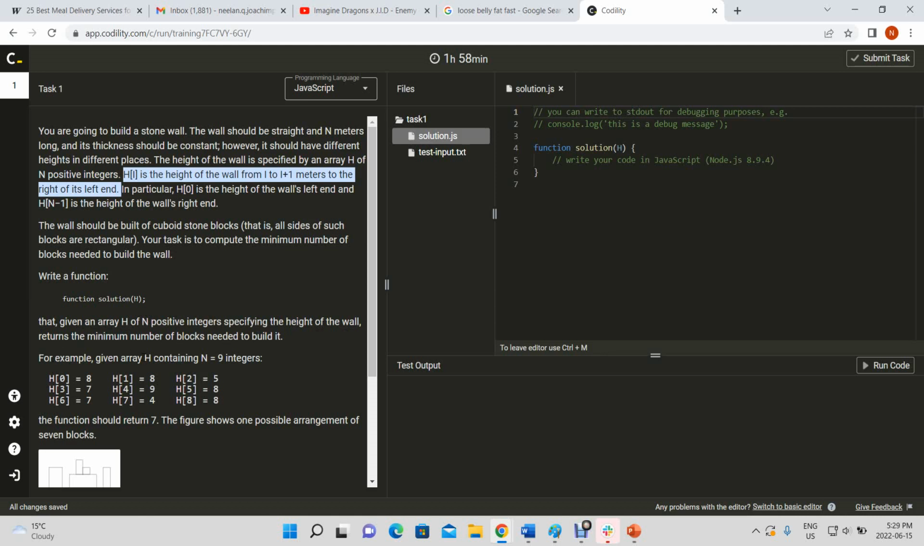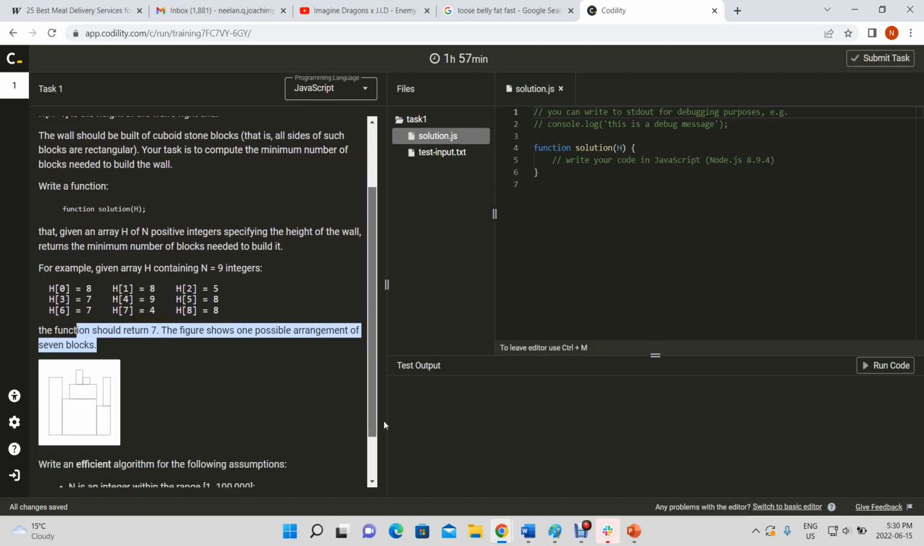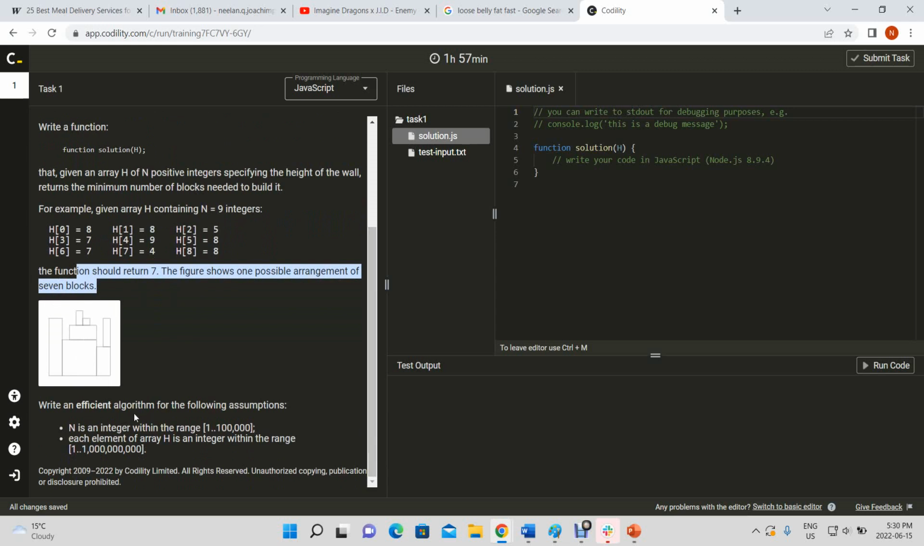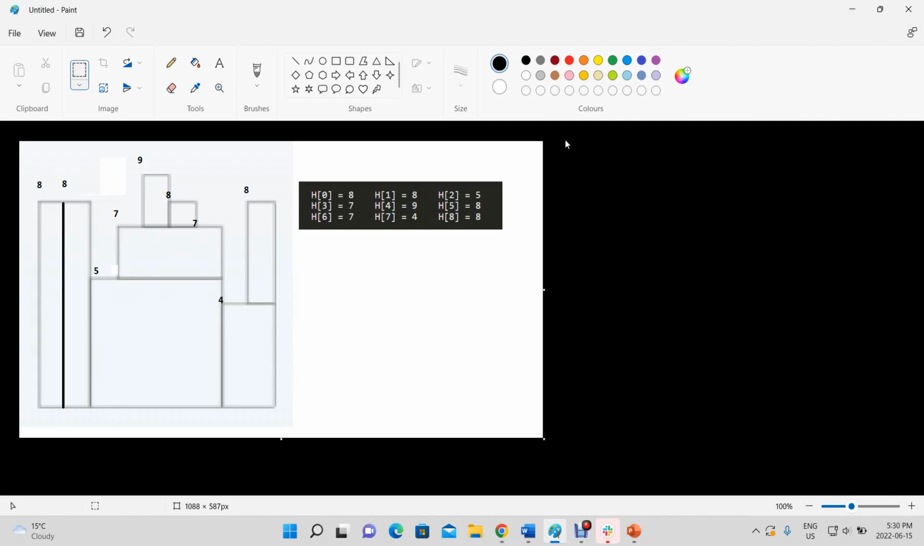For example, given array H containing n = 9 integers, the function should return 7. The figure shows one possible arrangement of the 7 blocks. Write an efficient algorithm for the following assumptions. N is an integer within the range of 1 to 100,000, and each element of array H is an integer within the range of 1 to 1 billion. Alright, so I actually found it very difficult to understand this problem initially because I wasn't exactly sure what